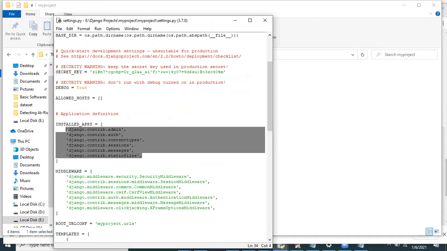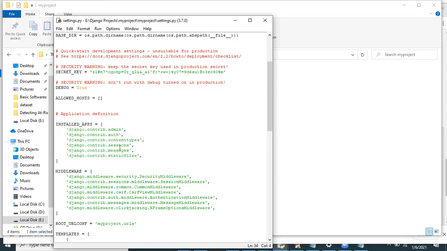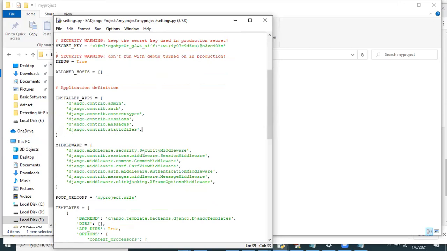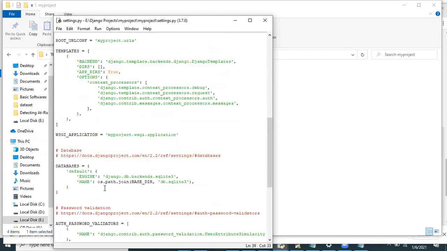Simple, we can see Facebook is one project. Inside, registration is one app, login is one app, uploading an image is one app, chatting is one app, like that each and every app. How many apps are created, all those apps we need to configure here. How many apps you are creating, all those apps we need to configure here. Like that, for any database connection, we need to write the database connection here.